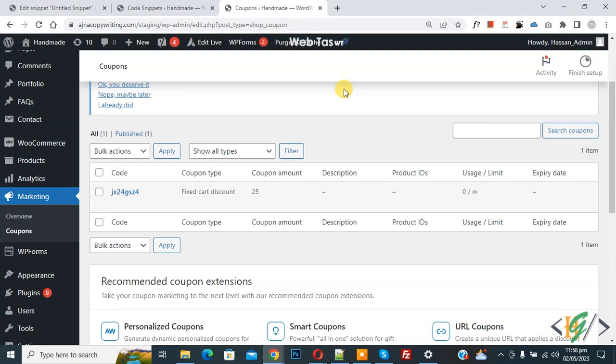Bismillahirrahmanirrahim. Assalamu alaikum. My name is Hassan and today we are going to bulk generate coupon codes using custom code